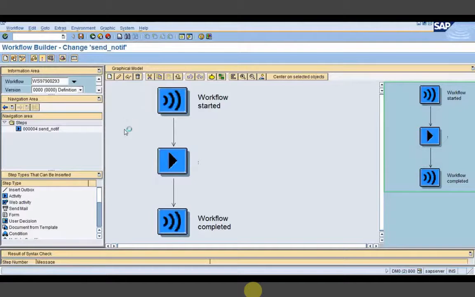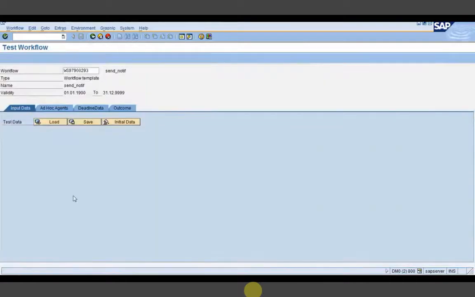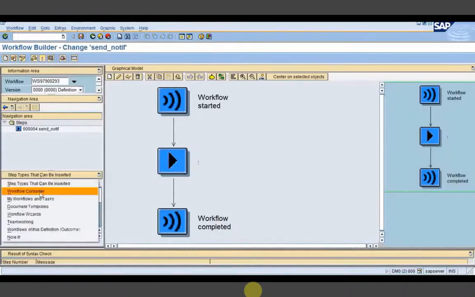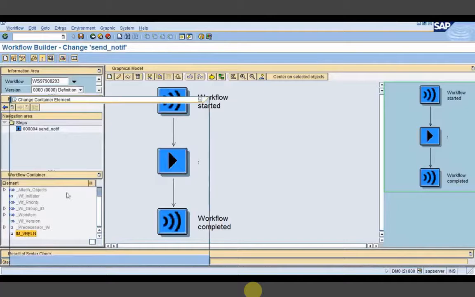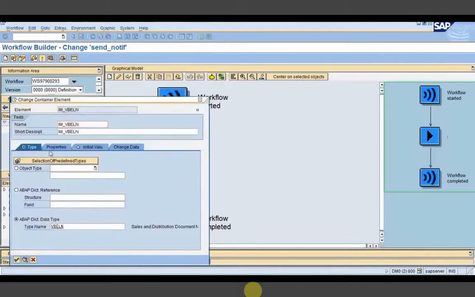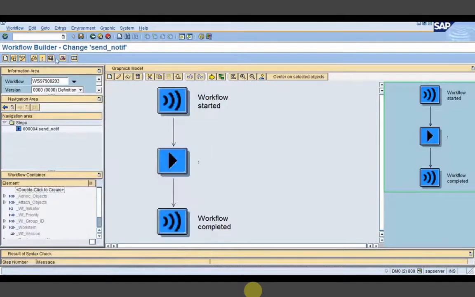Now I will be executing it. So I will have to provide one WebLen number. Okay, that WebLen number which is present in the container is not selected as importing and exporting. So we need to make it importing and exporting. Now activate it.